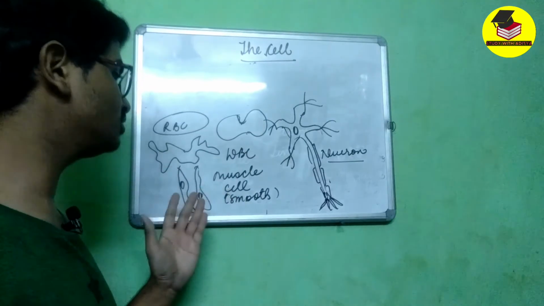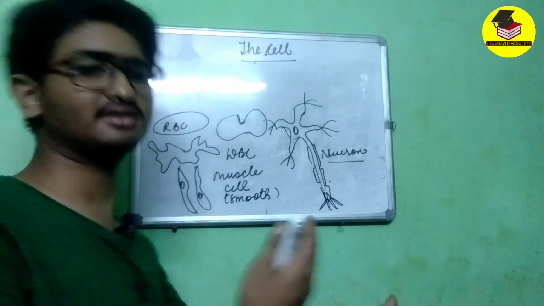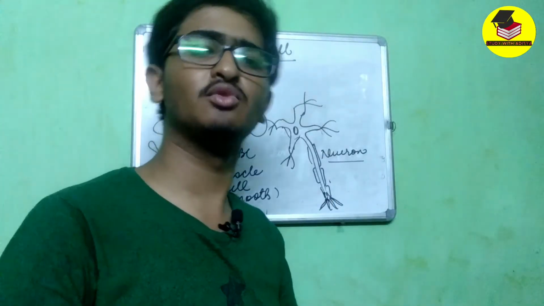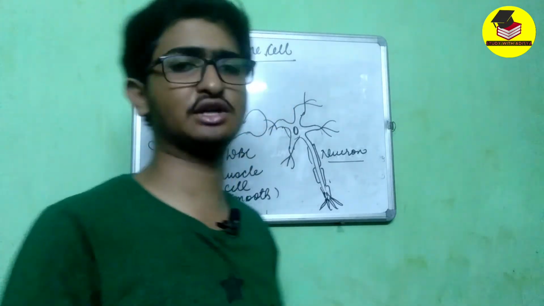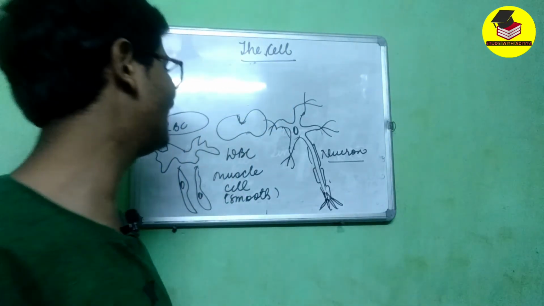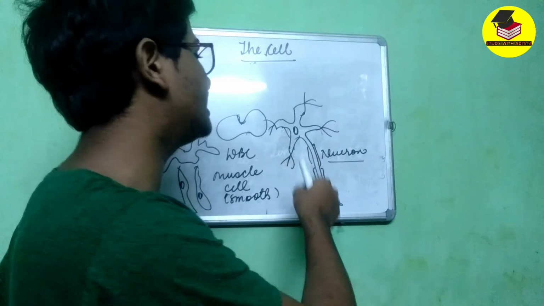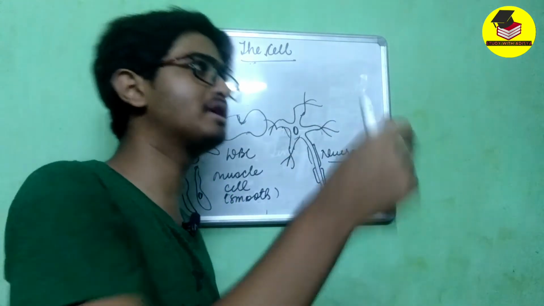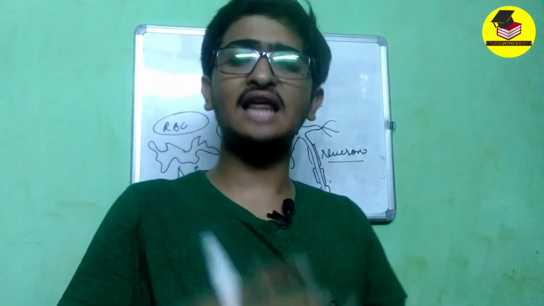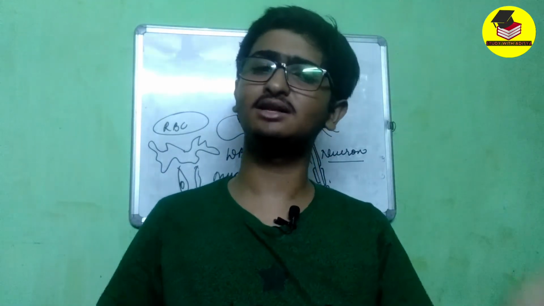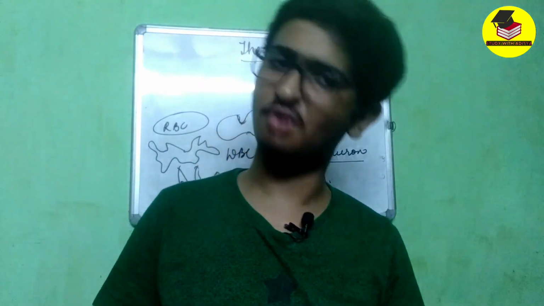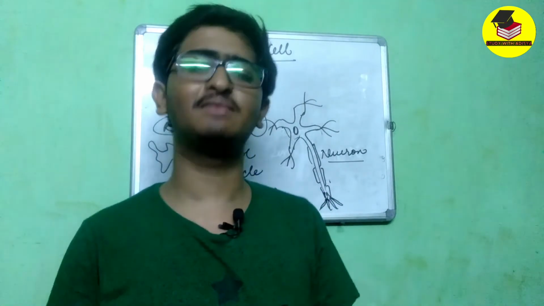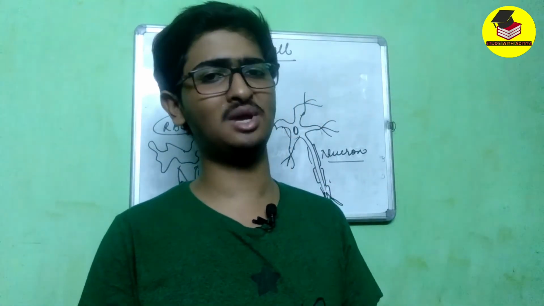Smooth muscle cells. Smooth muscle cells relax and contract and they help in movement of the body. This is the function that you need to understand. And the last cell that we will be studying is the neuron. The function of the neuron is to carry the messages sent by the brain to the different parts of the body. So here we end the syllabus,